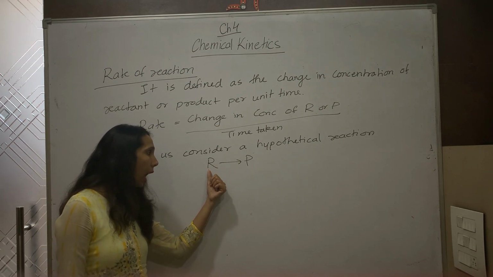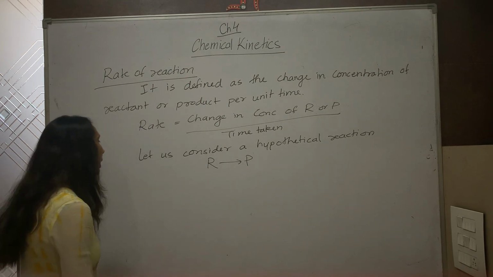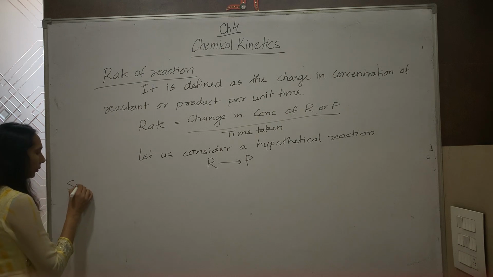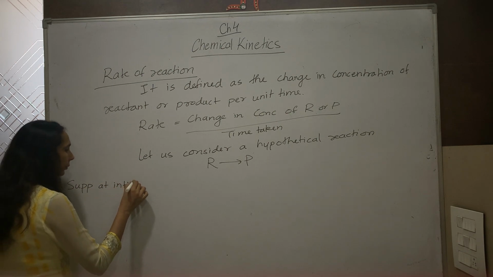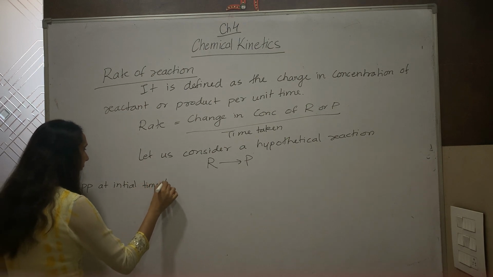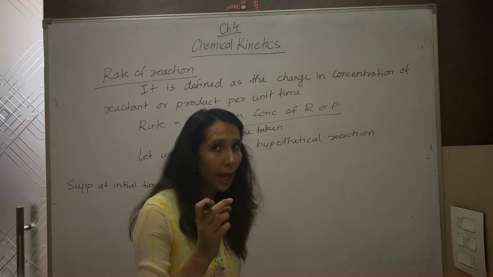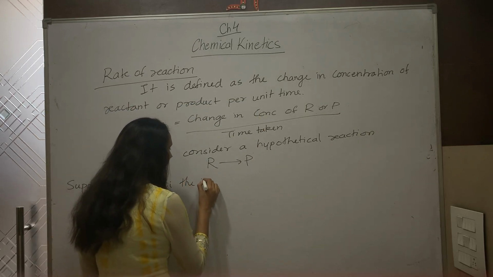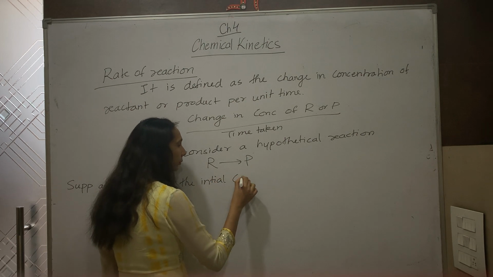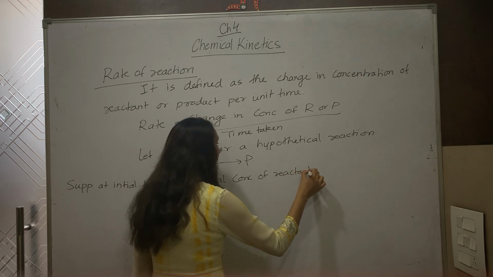Again I am repeating, R is the reactant and it is converted into product P. Suppose at initial time Ti, that means the time at which I start the reaction, I put the reactant in the test tube. The initial concentration of reactant is